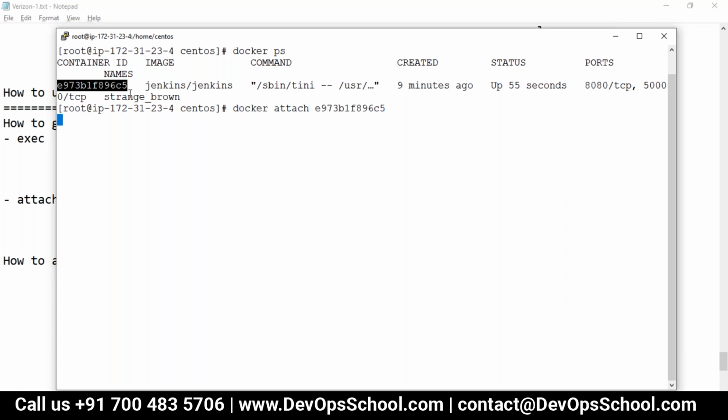Where are you? Guys, many people think they got stuck, that the system is not responding. I do anything and nothing happens. Actually, where are you? Inside the container. But where? Tini. You got it, because this container's PID 1 is Tini. So you are Tini right now.